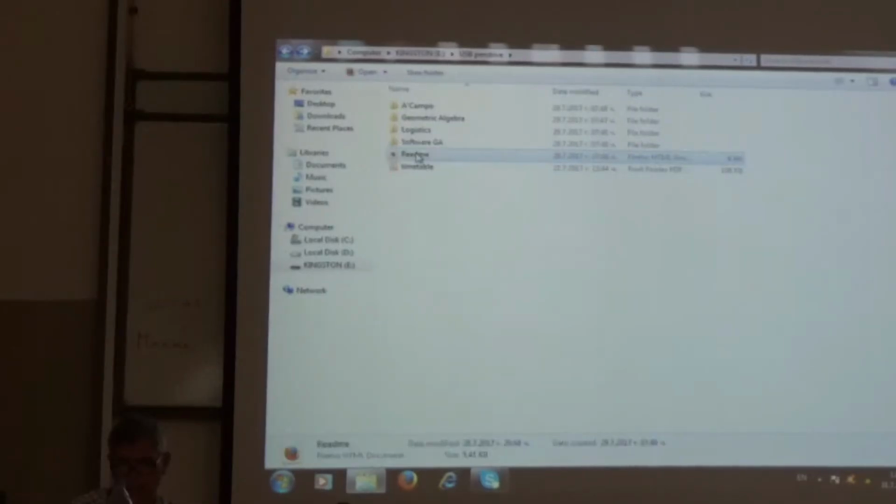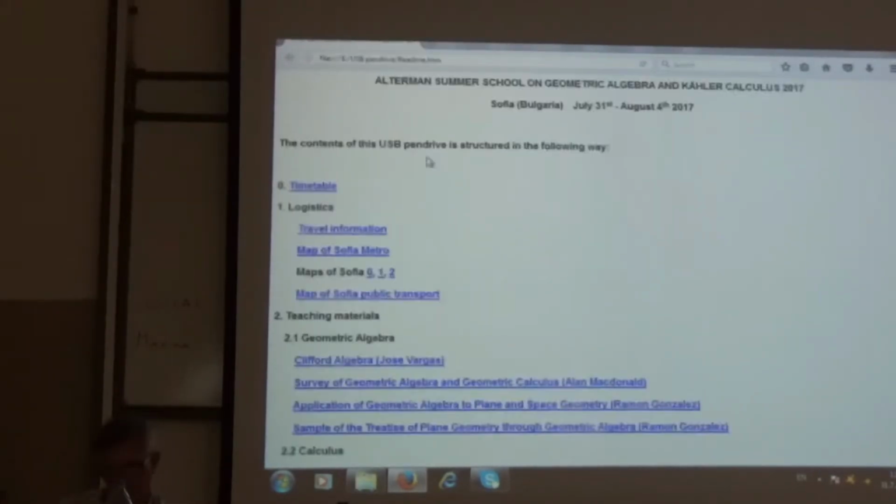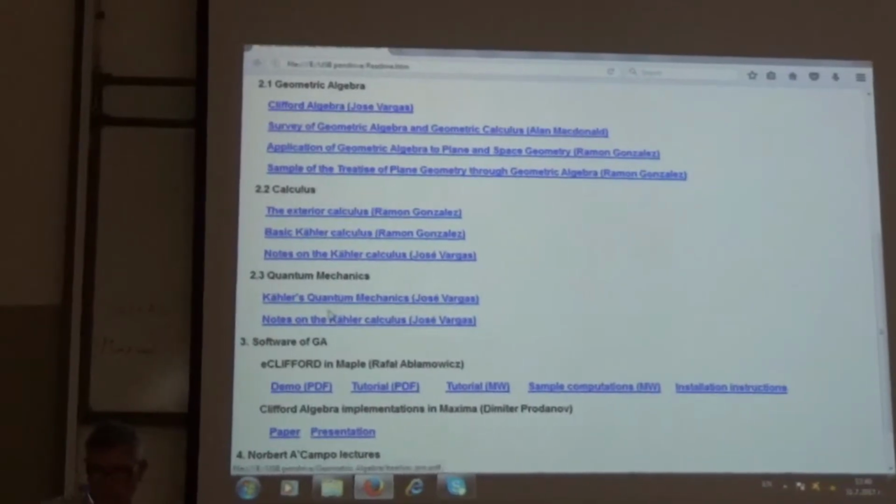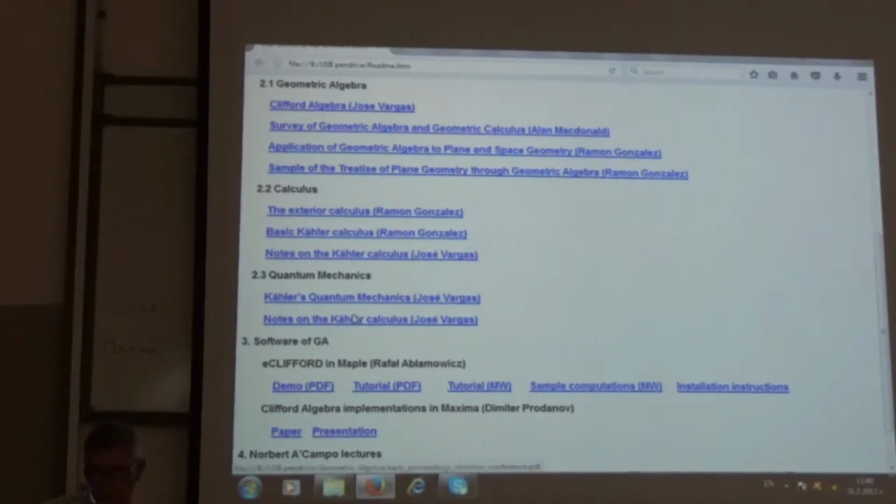The README file is an index that allows you to access all the data files, not some of the files, but all the PDFs are available. You could look here, for instance, in the proceedings. Basically, the notes of the Taylor calculus, the stereo calculus, and also the notes of the Taylor calculus about quantum mechanics are included in the early proceedings papers. Okay? So you can see this. That's all.